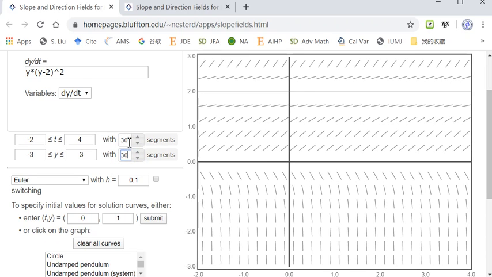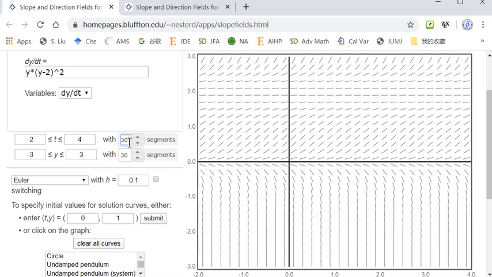Okay, then you see the direction field become like this. This is much finer than the previous one. Okay, so here we enter t and y. In these two boxes, we can enter the initial value to construct and display the integral curve of the corresponding